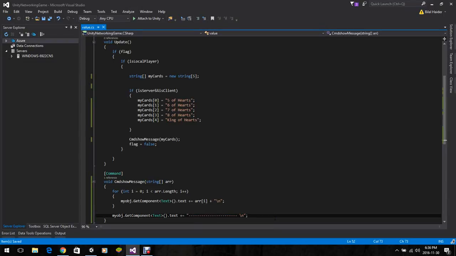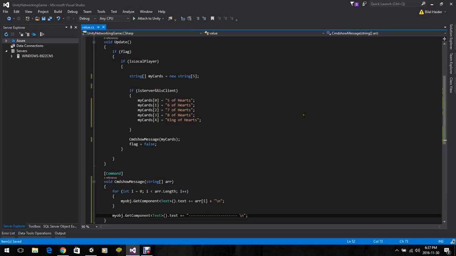I mean the other clients will be sending their cards also to the server, so we should know